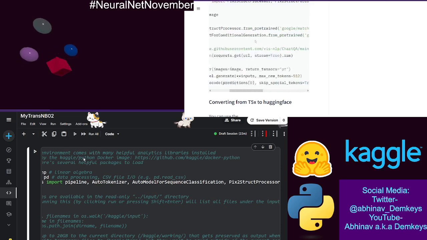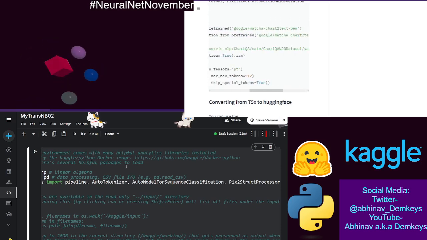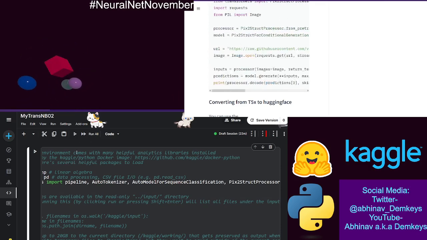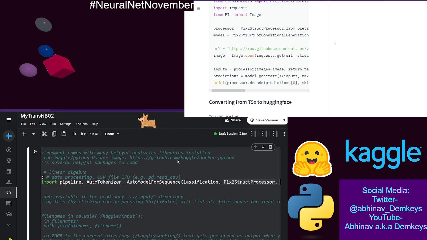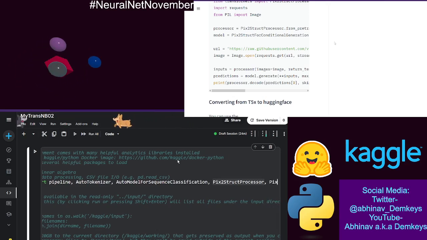And it's pulling what it needs to pull from here. So it has the main model, and it also has the tokenizer. I'm assuming it's a tokenizer because it says it wraps the BERT tokenizer. So we have the processor, and then